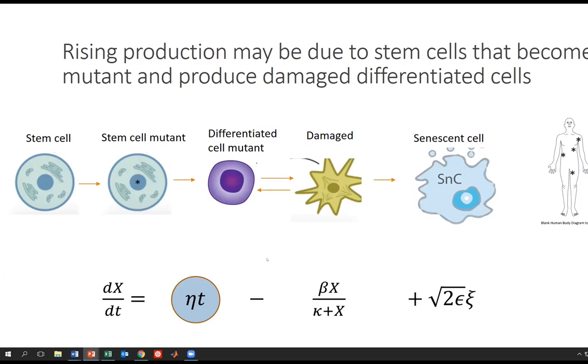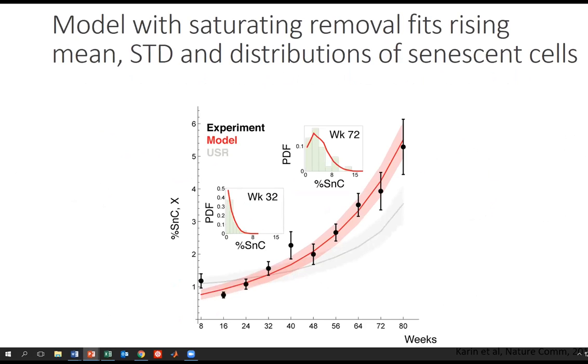Age-related interventions in this picture, like the molecules we heard in the previous talk, or evolution of longevity in different mammals, maybe increase repair and slow down this process, and therefore slow down the rate of accumulation of senescent cells. And this eta is actually what determines longevity in this model, this slope of senescent cell production rate, and is an important parameter. So this model works wonderfully on the average and standard deviation and distributions of the senescent cells,